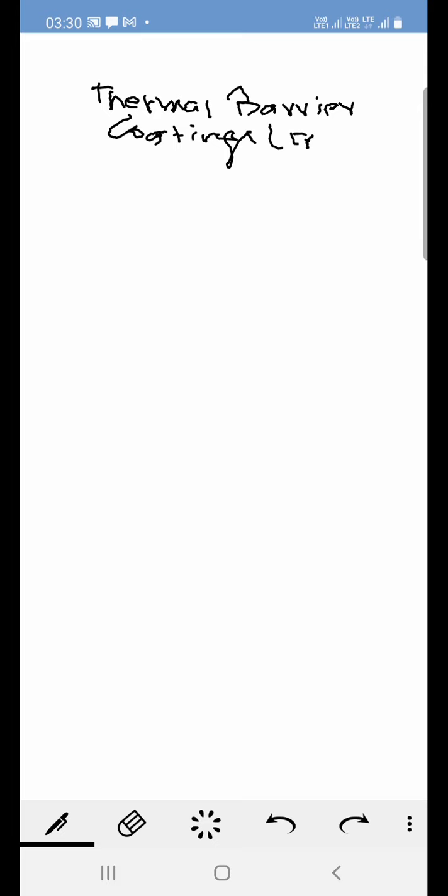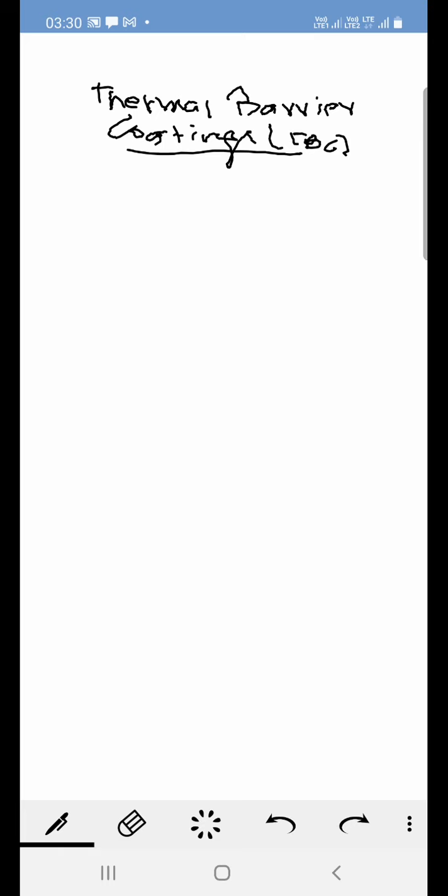In fact, they're also called TBC. Now thermal barrier coatings are widely used in gas turbine blades, and they are the adherent layer, so they actually